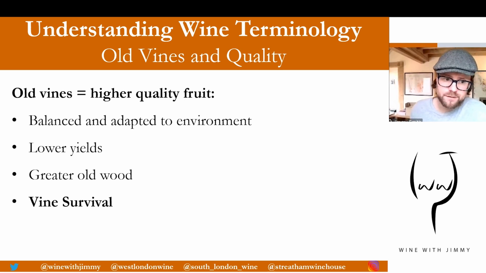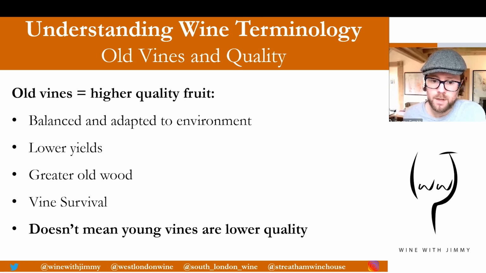Also, vine survival. So it could be that these vines have, of course, survived better than other vines over time because they were planted in the most favorable locations, and therefore they've always produced higher quality fruit. And really, it is the grape grower that is likely to keep those best vines for as long as possible, economically viable, before grubbing them up, meaning digging them up and taking them out of the ground and replanting them,